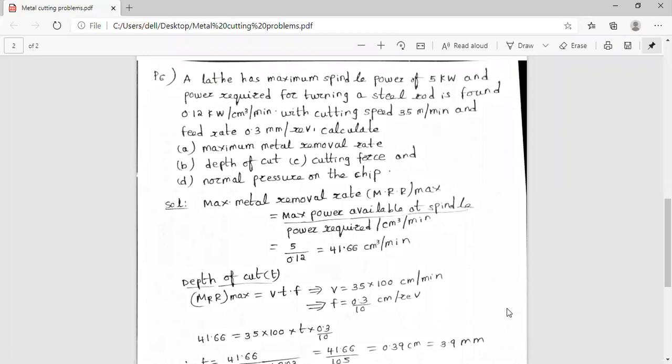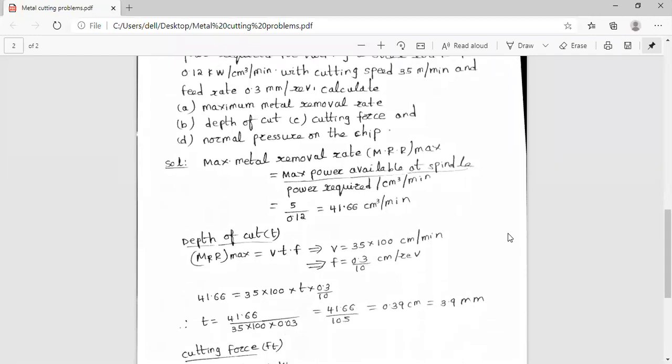Because if you run the lathe at maximum spindle, you will be giving in the particular manual or you'll be designing, but you should not run, because if you run that particular lathe at maximum spindle power, you have to replace this spindle in shorter period of time. That we'll try to discuss in the second unit. That also theory part. And you have calculated the maximum metal removal rate, and it is given in terms of the cutting speed into depth of cut into feed. So here I already told you how to convert the unit according to the particular main thing. So that is the thing.